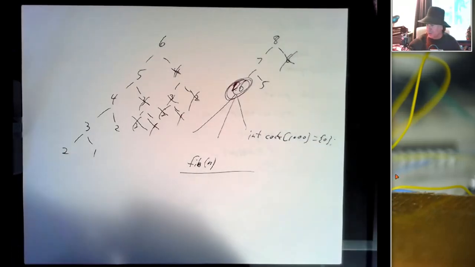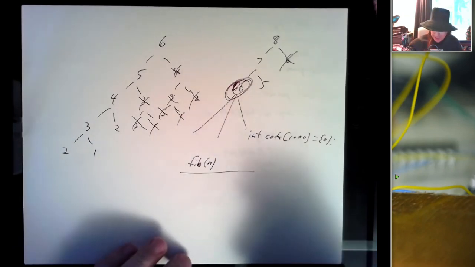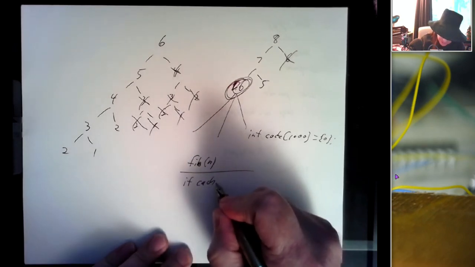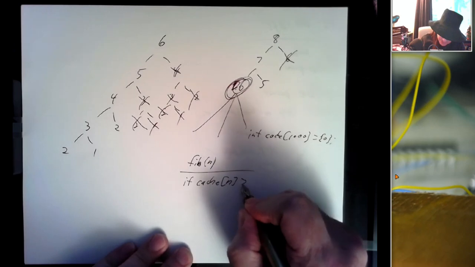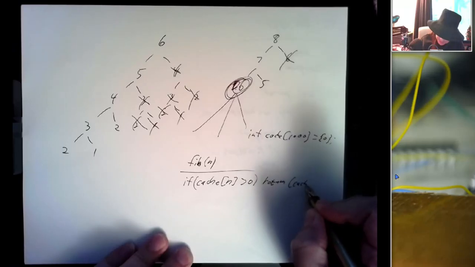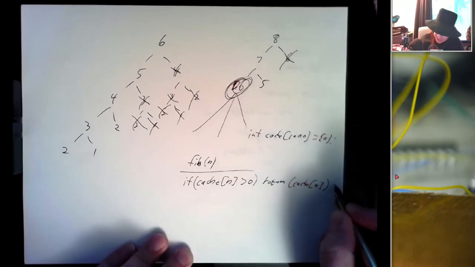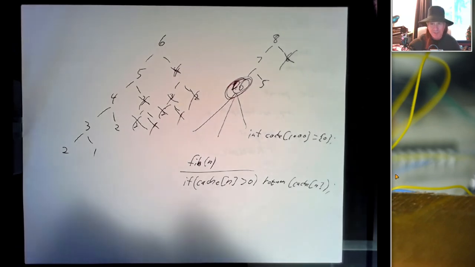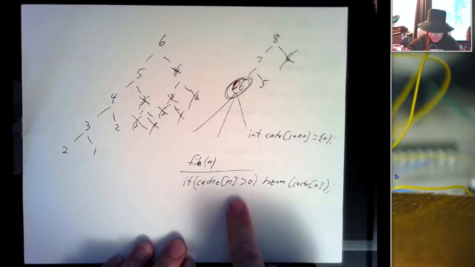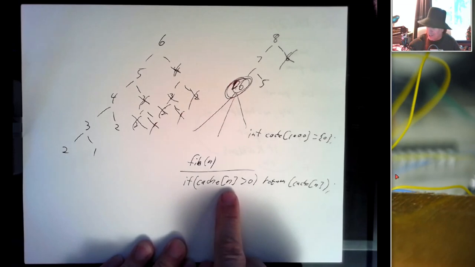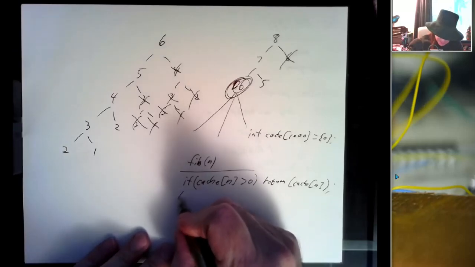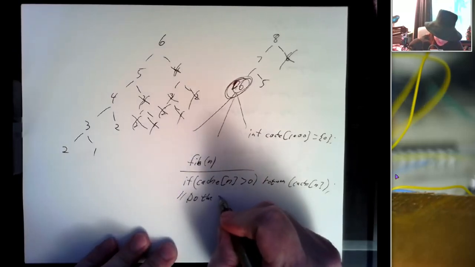And we know our Fibonacci numbers are always positive, so at the beginning of our Fibonacci function we're going to say if cache[n] is bigger than 0, we'll just return the value that we saved in our cache. So first thing we're going to do in our Fibonacci function, we're going to check this array of saved values, this cache. And if the value at index n is positive, we know that we've saved a value there, we'll just return that value. Otherwise, do the expensive